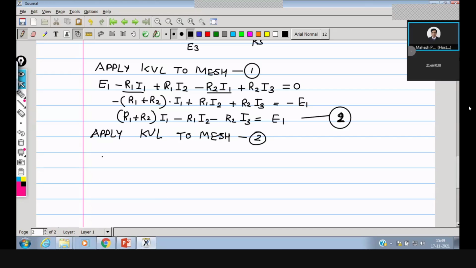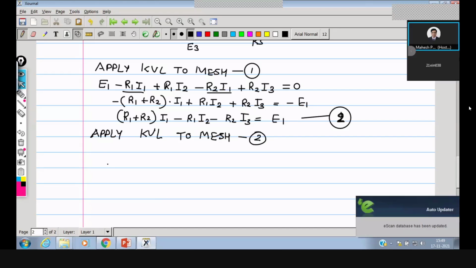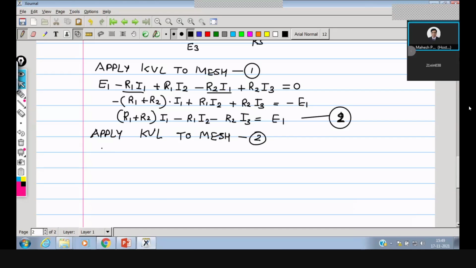So can we start with the battery? Yeah, battery E2. Is E2 positive? Yes, sir. Positive. So our first element is E2 minus